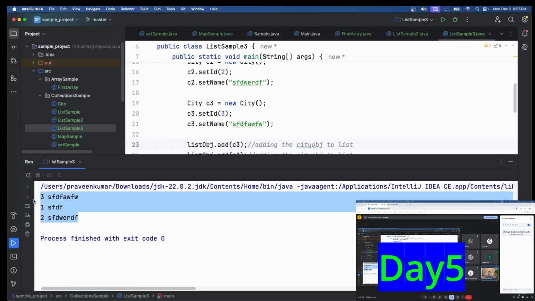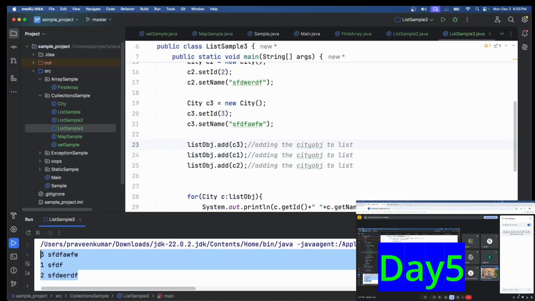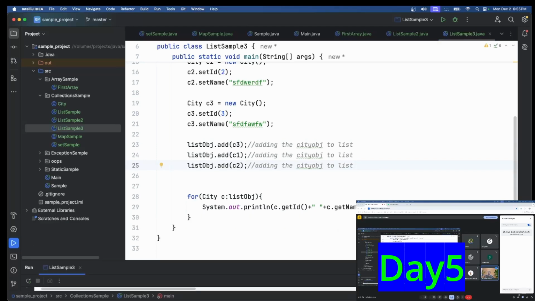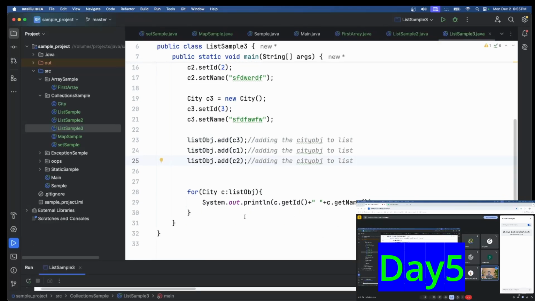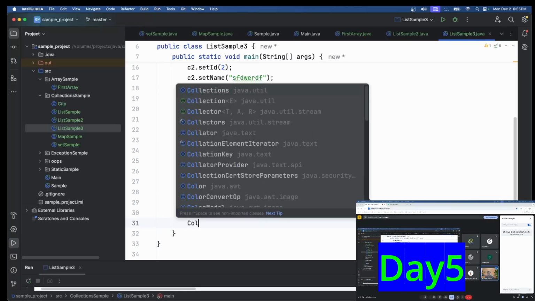Now what I am expecting is the next step. I want to perform the sorting. Sorting means it has to be in the 1 2 3 format, or the name should be in the proper format, either one. In that scenario, as usual, we can use collection.sort. So if I use collection.sort,